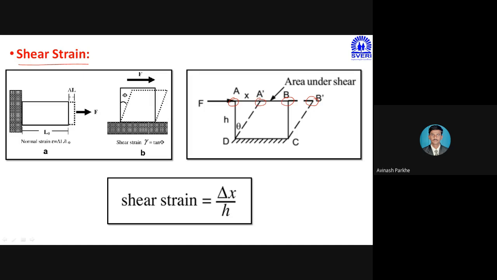That theta represents, or we can call it, phi. That phi or theta is called the shear strain. But as we know, the shear strain is always parallel to the cross-sectional area. Why? Because whatever shear force is applied, that shear force is parallel to the cross-sectional area. So in the last lecture itself, we discussed what is meant by the shear strain, how that shear strain is developed and how it is parallel to the cross-sectional area.